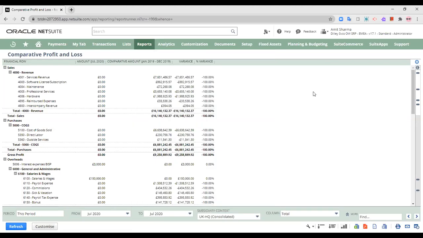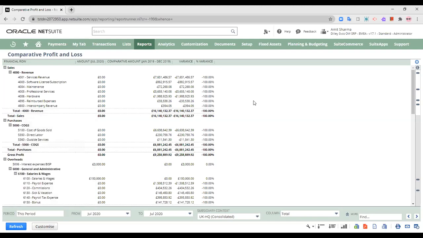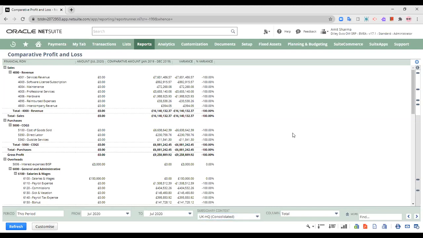As you can see, you can customize the period for which you would like to view the information, whether it is last quarter, this period, or whichever period you would like to view, you can set it from here. Then you can choose the subsidiary whose information you would like to see.